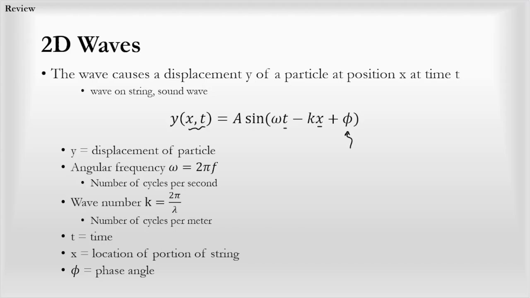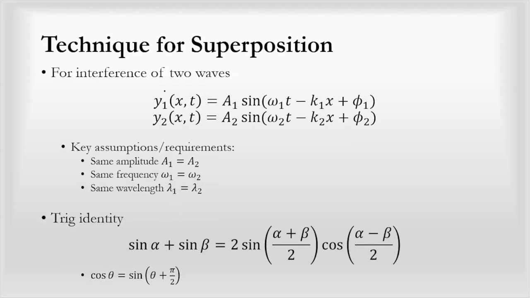So interference requires us to add multiple waves at once. We're going to do the simplest case of just adding 2 waves. So when we look at the wave equations for 2 waves, we can see that they have their own amplitudes, their own omegas, their own k's, and their own phase angle. However, this is an introduction to physics class. There are some simplifications that we're going to make at this point in order for you to acclimate to the